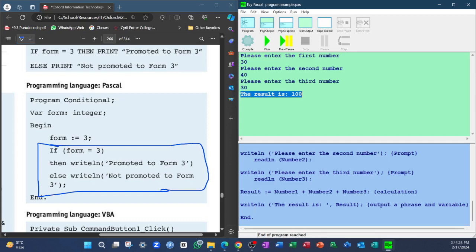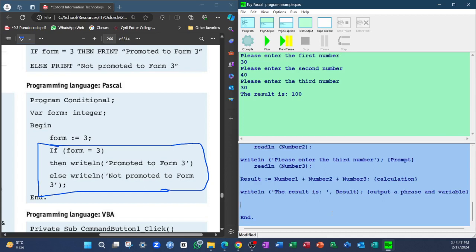So for instance, that's going to be right after this write line here. The result is, and that variable, so that's this line here in the output. So I'm going to go to the next line, and you guys can start adding the same if in your program also. So if, open brackets, the variable result is greater than 100, close brackets,